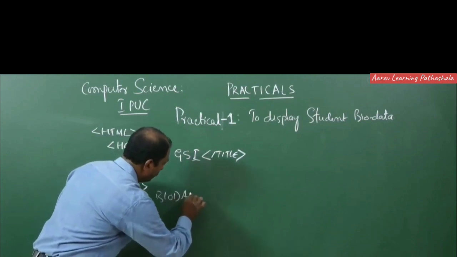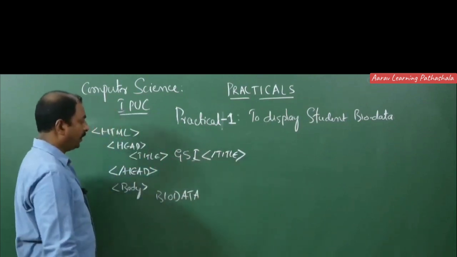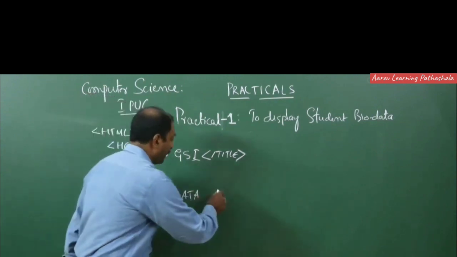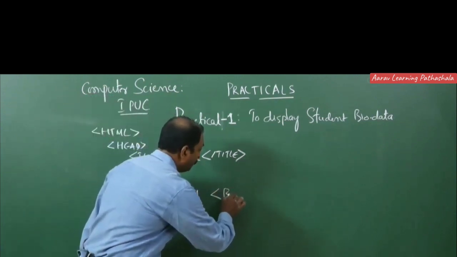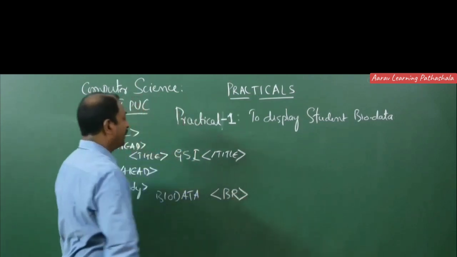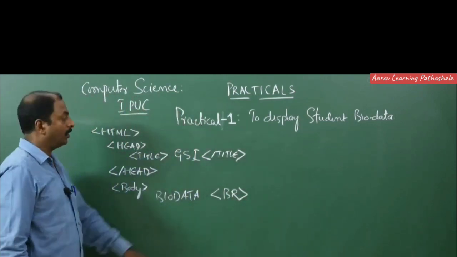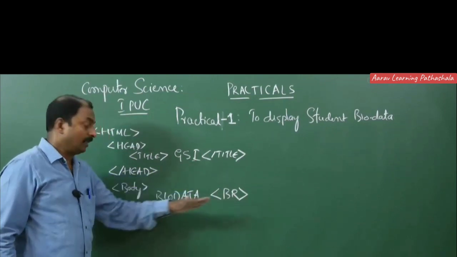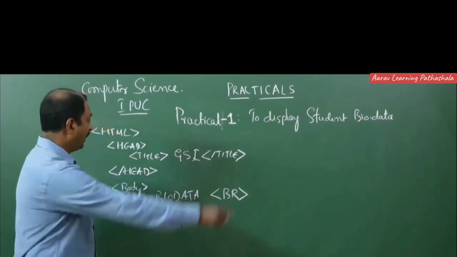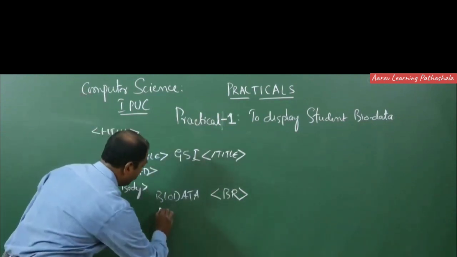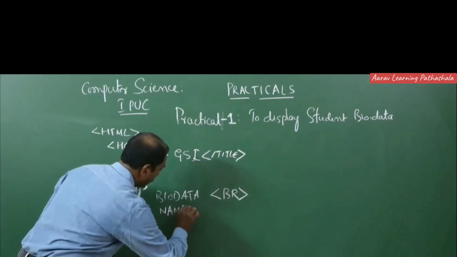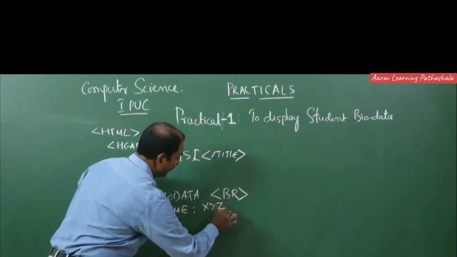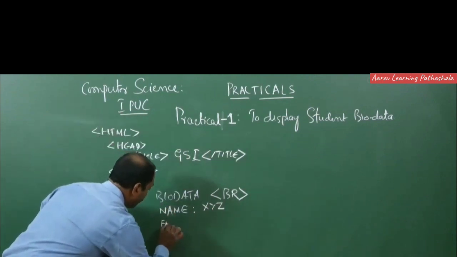biodata, and here this biodata, after displaying this I am using one more tag that is called BR tag, that is for line break. So the meaning is that the control goes to next line. So after this, I want to display name. You can write here name of a student XYZ, father name,